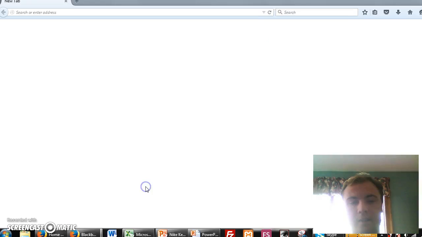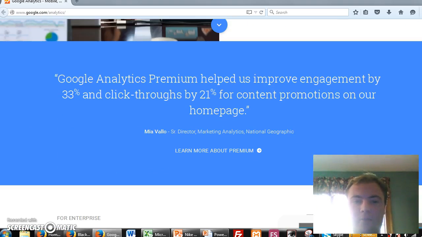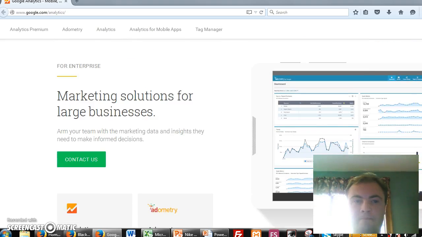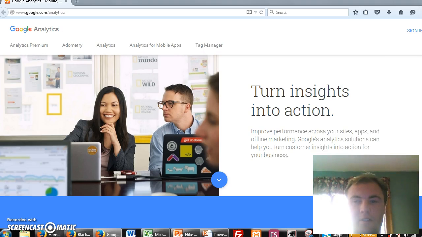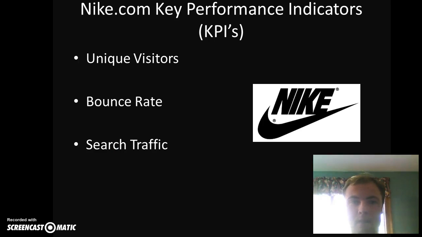And Google Analytics is good, and the site is actually free, but the problem is it tracks after you want to do research on the site. So the statistics aren't right there as they already are with Compete and Alexa. With Google Analytics, you have to wait until after you get a report from them. And talking about Nike.com, I feel that with using these